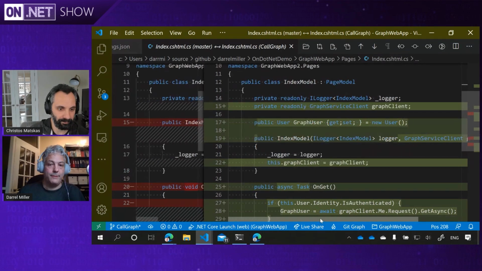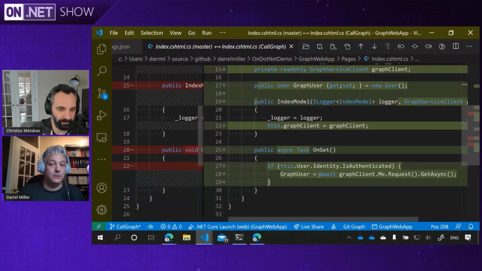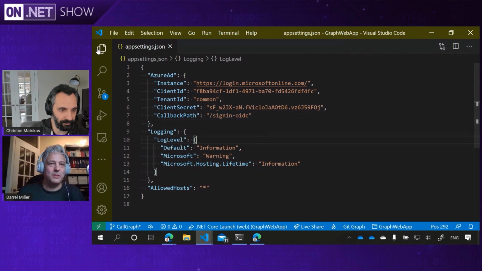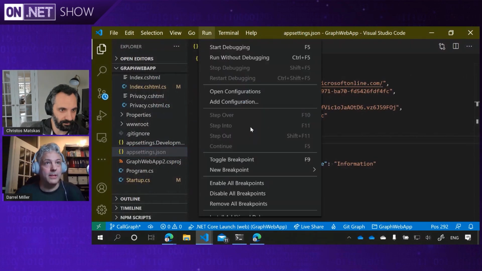And I store that off in the field. So then when I need to, if the user's authenticated, I'm going to go and do this Graph me request, get async, and return Graph user. Very nice. And there we go. And so if the demo gods are more favorable to us this time, when we run this,